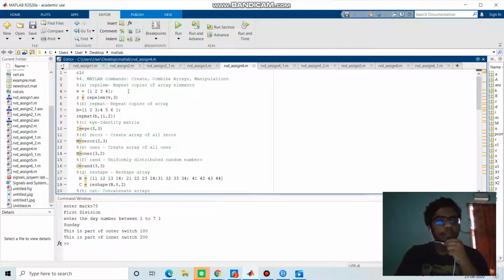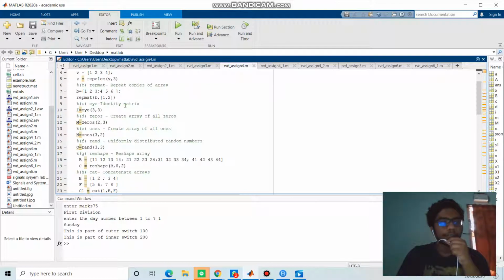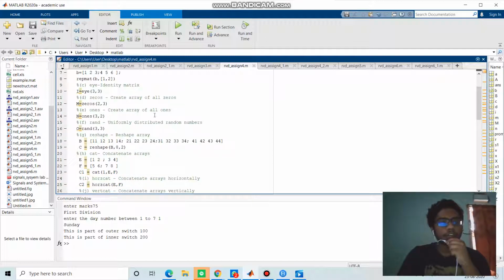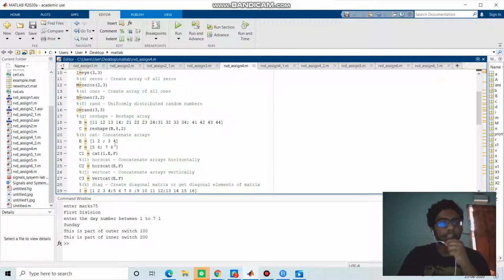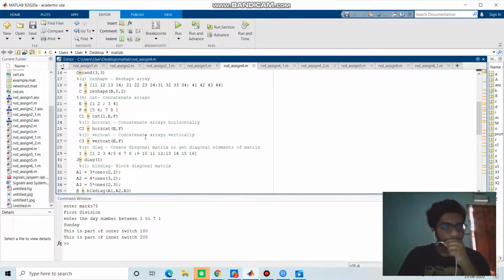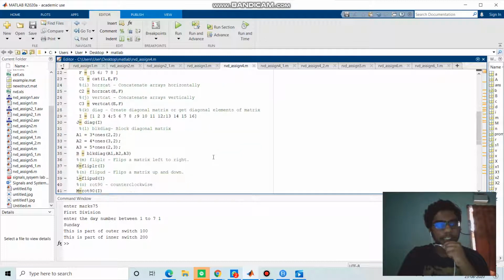Now coming to the fourth part, we will be dealing with the commands used in MATLAB. There are several commands used in MATLAB, such as repeating the copies of array elements, identity matrix, create all zeros, create array of all ones, uniformly distributed random numbers, reshape array, and then concatenate arrays, then creating diagonal matrices or getting the diagonal elements of the matrix, block diagonal matrix, flip a